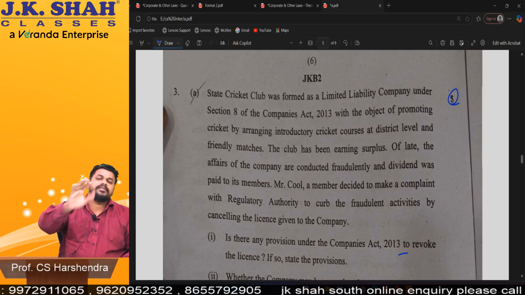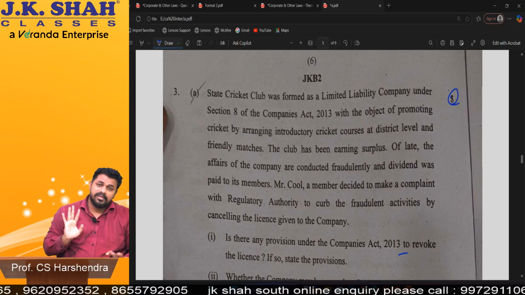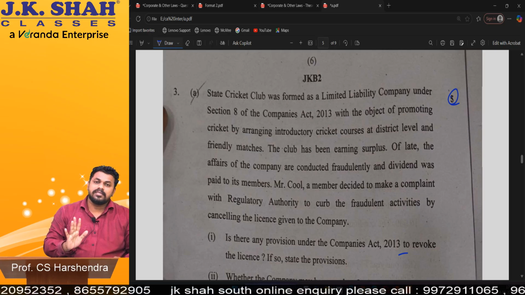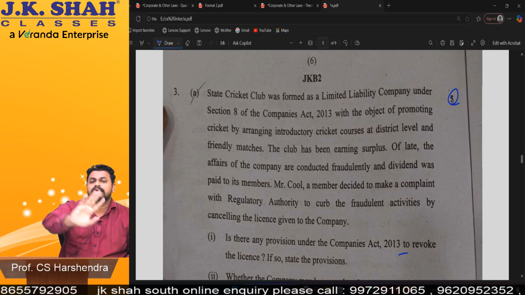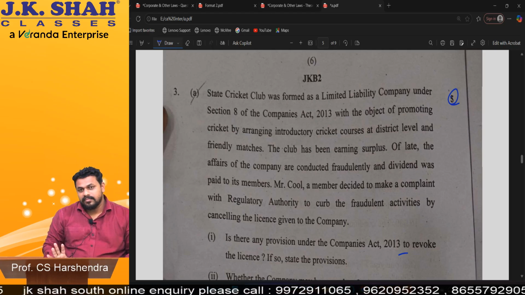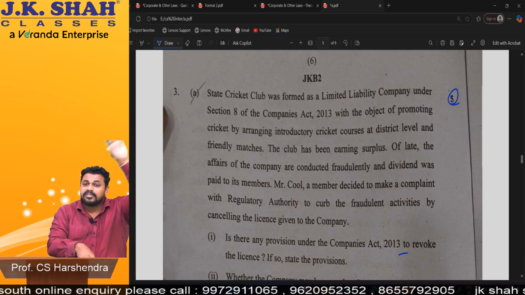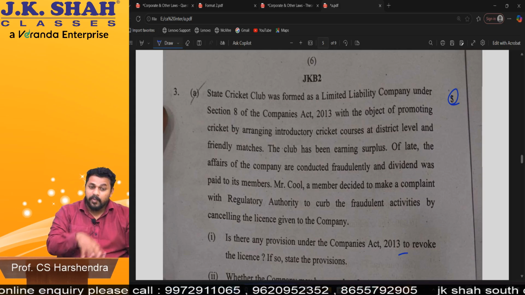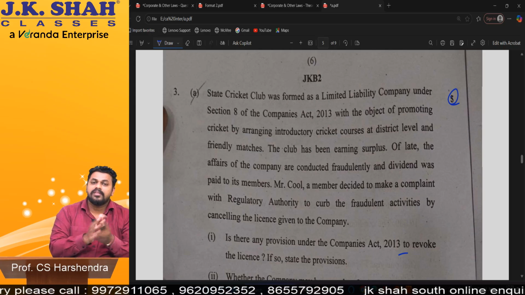Law paper is very easy. Provided, I always say this, you attend every lecture of mine properly, religiously, understand everything there itself, and if you remember that much, you will clear. If you practice properly, 70 marks you will easily get. MCQs, everything is what we have done in the class. That's the reason I am taking examples, this company, that company and all. More examples I'll take now, so that you will get a coverage of everything.